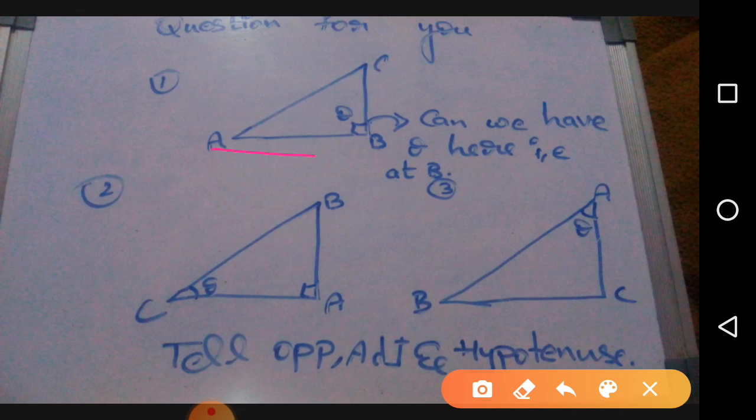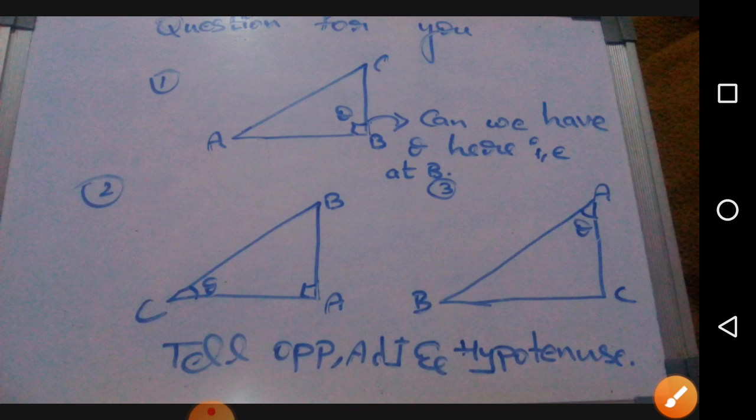As we have seen, here there is an angle, here there is an angle. If we have made the angle at C, then AB will be opposite, and if I have made it at A, then BC will be opposite. But what if I make an angle over here? Will this be opposite? No, never, because we never take the angle at the right angle. So do remember.